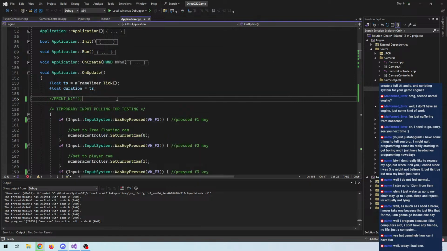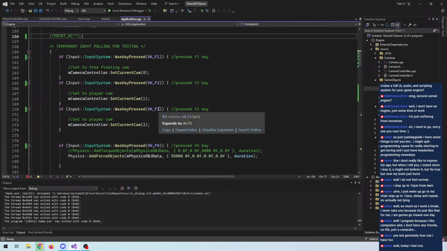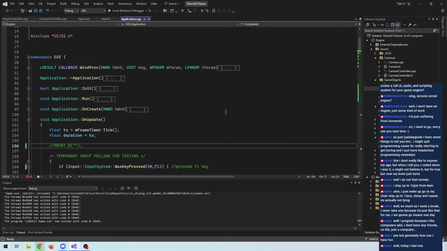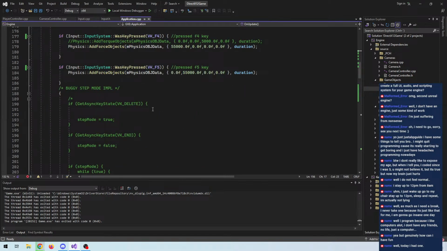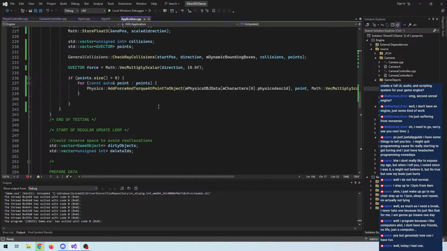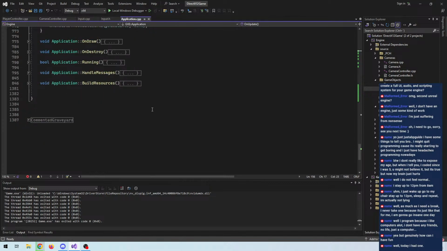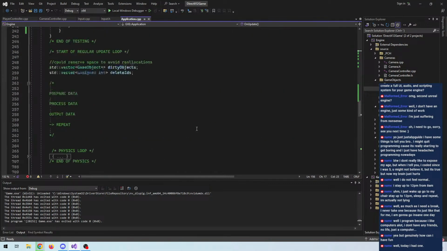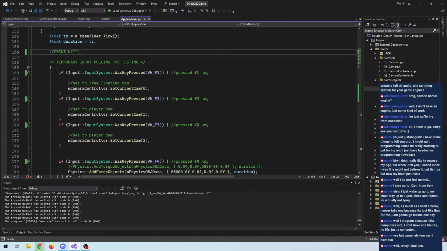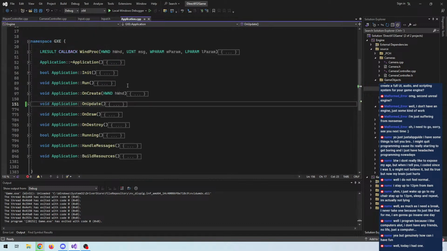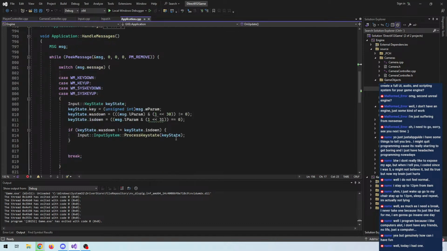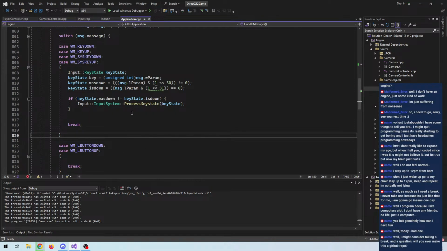Well, right now it just disables all key presses on the window, which is probably a good thing, but anyway, I kind of get confused. We could handle specific key presses in our handle messages loop here. Maybe we want something like if